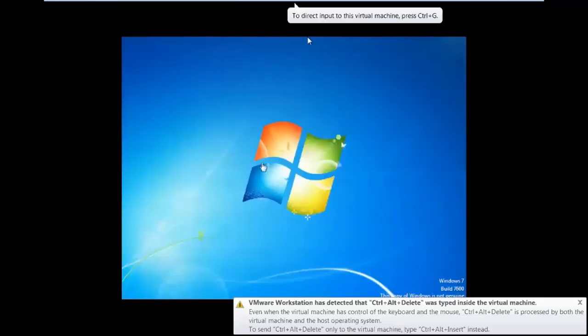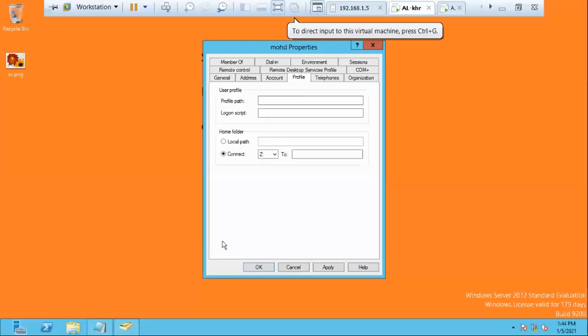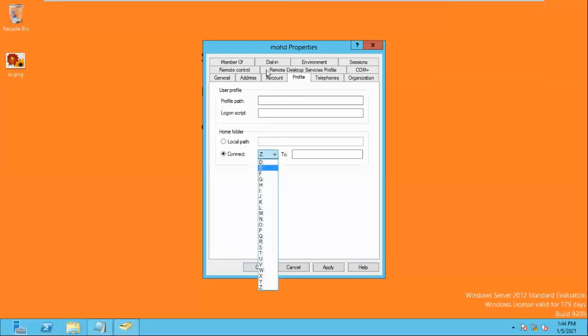So log out. Now go here, server, and here I'm selecting M. Connect to M, and here I give the network path. So where is my share folder? The share folder is in the server. So where is the server available? The server is in the network. So // means network\server1. In that, the share folder name is home and the username is MOHT. I'm giving this path completely.